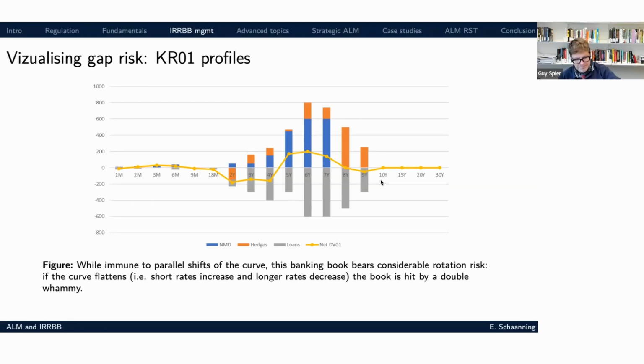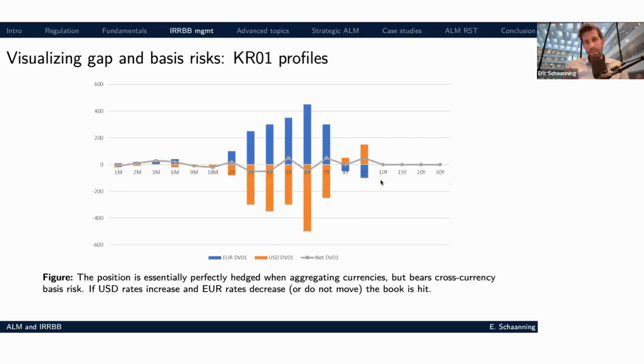And here we've essentially ignored currencies. So that's the next example. Again, the net DVO1 here is 0. And it's a bit comical, but just to make the point, assets and liabilities are predominantly in different currencies here. You wouldn't do that because you'd run a large FX risk, but ignoring that, this is a case of basis risk, because the net DVO1 is 0,